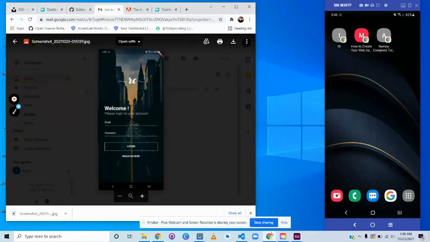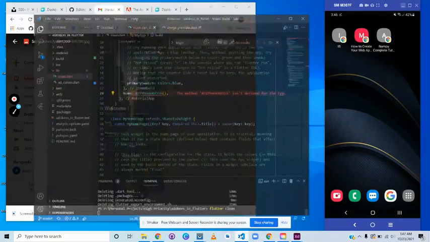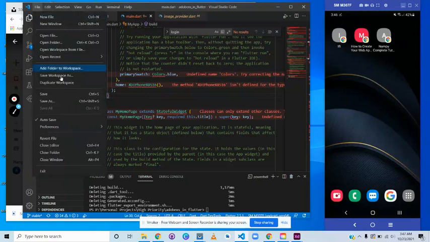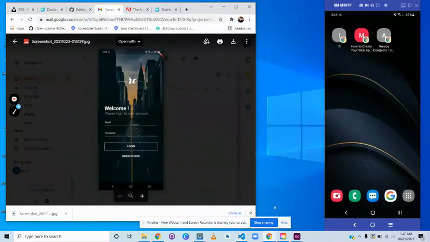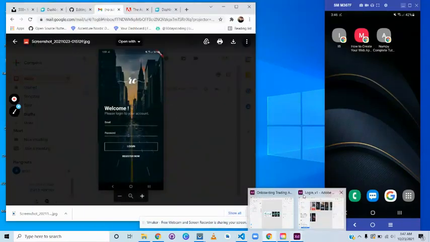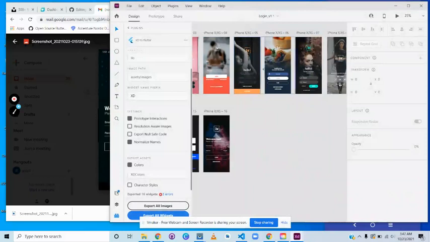I have already made a project, and in that I have moved into the lib folder. Before coming into the code, first we have to make sure that we have the simple login UI kit. You can find it from any of the online resources, as there are plenty of websites that will give you a UI kit. I will also share the link in the description below, so you can extract it and implement it easily. I have unzipped the login kit that I have.